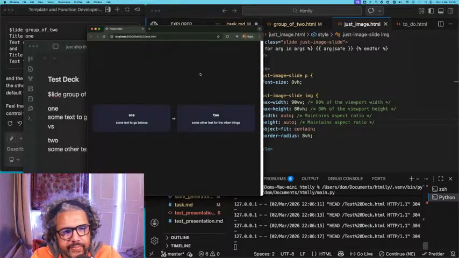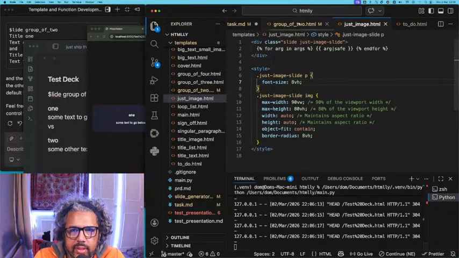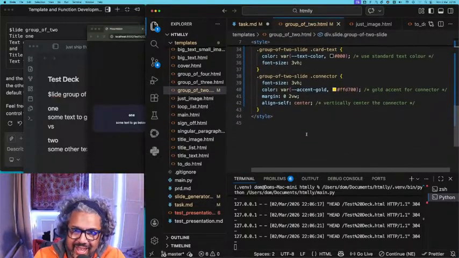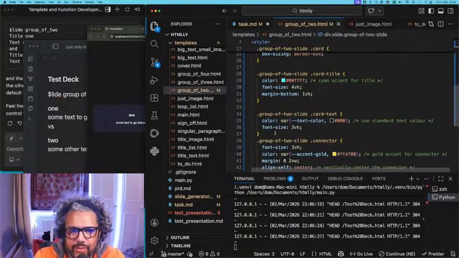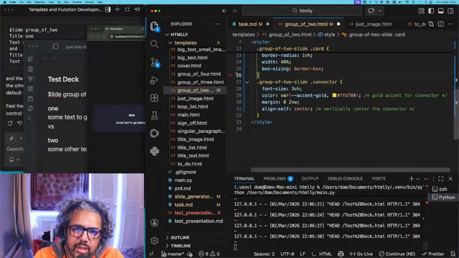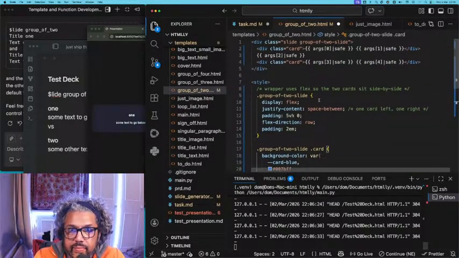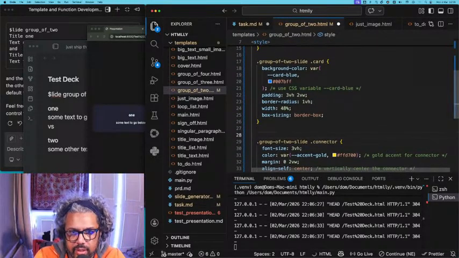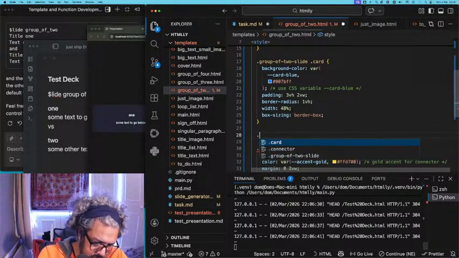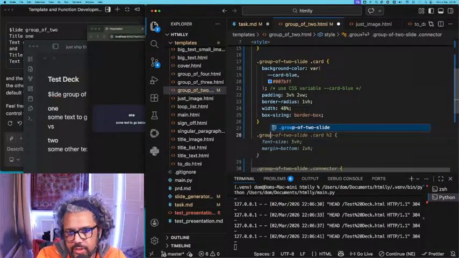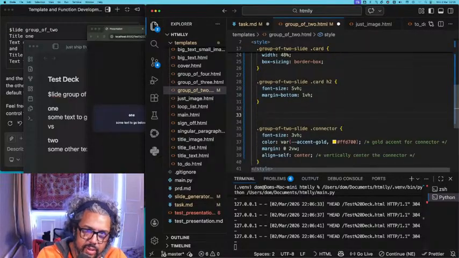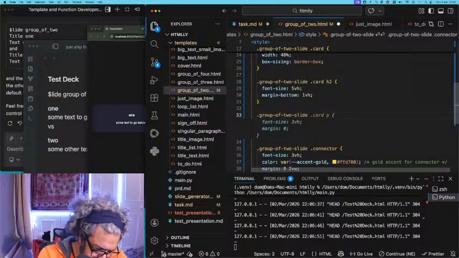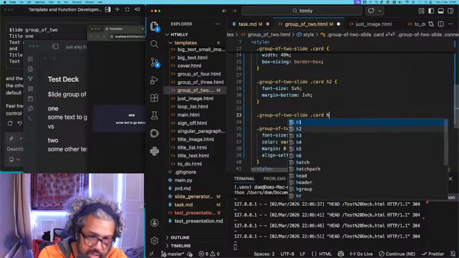Interesting. Okay, that's fine. And let's go card title, card text. I've gotten rid of these, so I can get rid of these. I've just got card, yep, fine, connector, fine. And I'm also going to go dot group of two slide H2, yep. Dot group of slide 2 dot card H3,